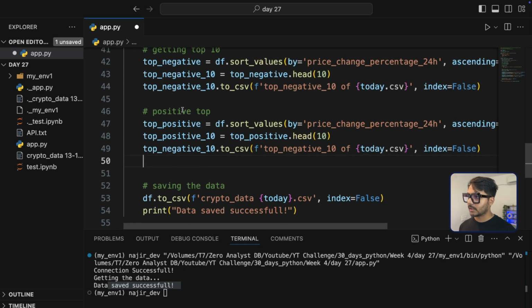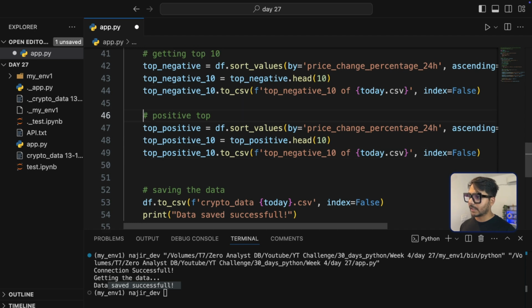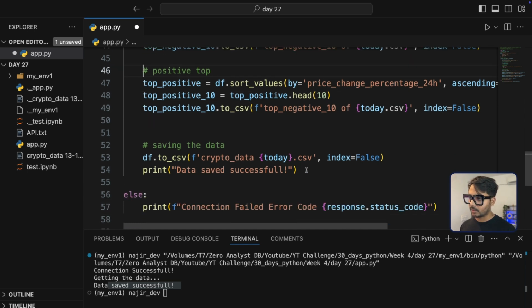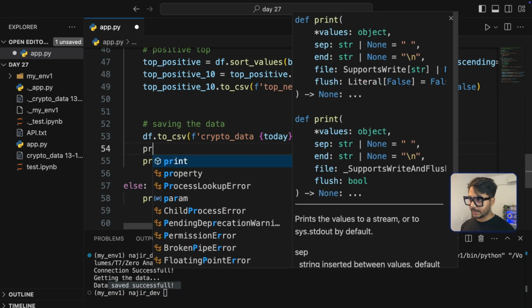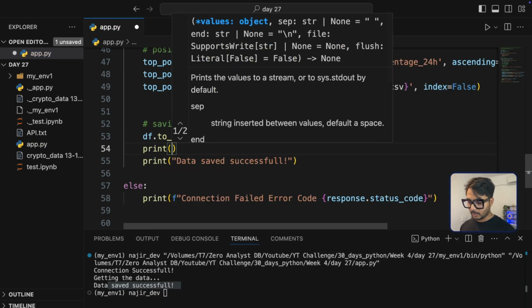Okay, so here I'm just going to put on this variable name positive 10 and negative 10. Okay, this is fine. Now we can also print it as well in the results. So if you want to print it after this data is saved successfully, we can just print it as well. Or before, we can print it. So here I can go ahead and say print, and I can go ahead and say that